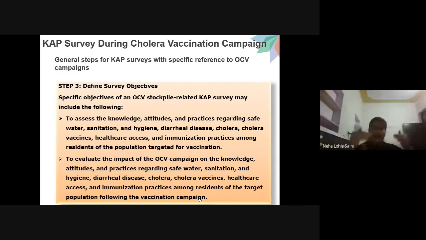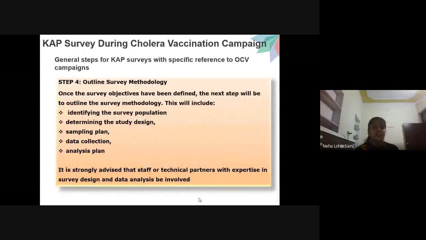Whatever we will assess, we will evaluate also. Okay, so we have two main objectives in this campaign. Then we will have outline survey methodology. Once the survey objectives have been defined, the next step is to outline the survey methodology. This will involve identifying the survey population, then determine the study design, then sampling plan, data collection, and analysis